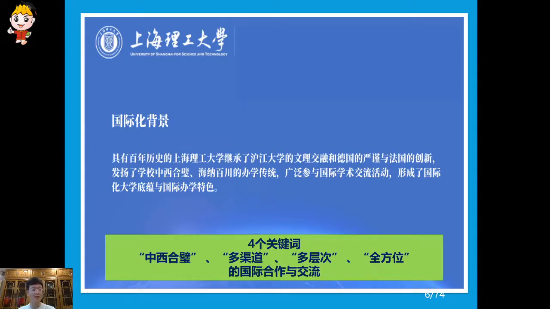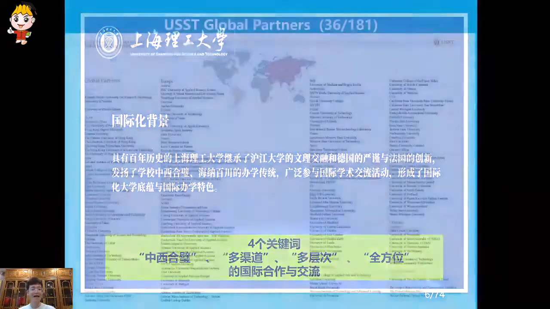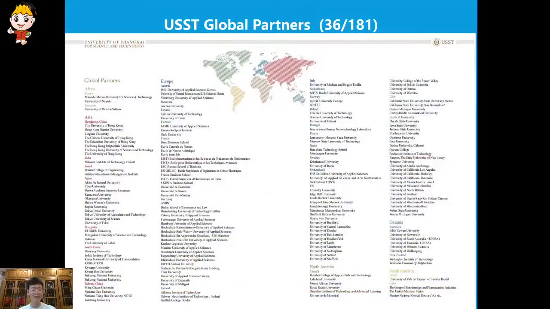这也是为什么我们讲100年历史的上海理工大学继承了沪江大学文理交融、德国的严谨和法国的创新，这也是源自于我们的历史中西合璧，海纳百川。Okay, and right now, this is the USST Global Partners Map. You can check the map from the PowerPoint in front of you.